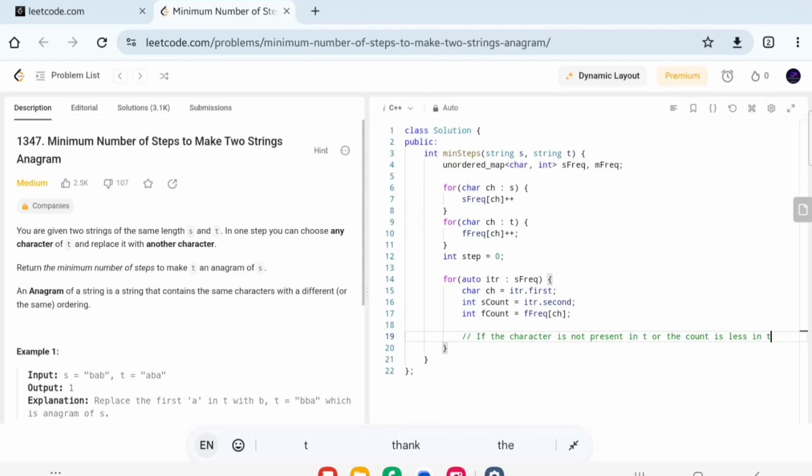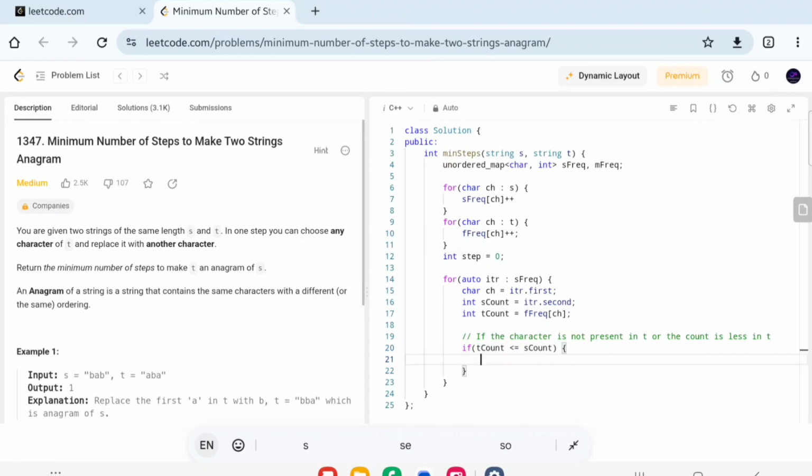Okay, so this is the condition we are checking, whether the character is present in the t or not, or whether the count is less in t, right? Then in that case, if t count, sorry, this should be t, right? So t count is less than, if it is equal, let's say it's equal also, right? If it is less than or equal to s count, well, in that case